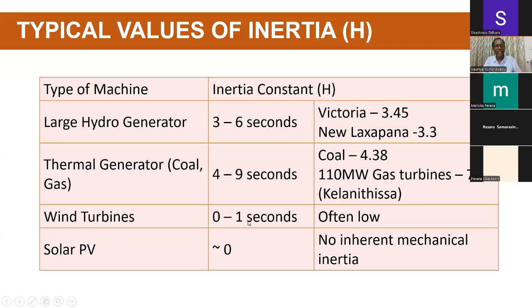In wind turbines, it's very low. In modern wind turbines, the grid interface is an inverter. It's very close to 0. In solar power plants, the inertia is 0. It doesn't give inertia support. So let's move to